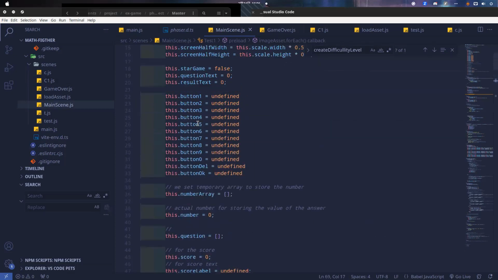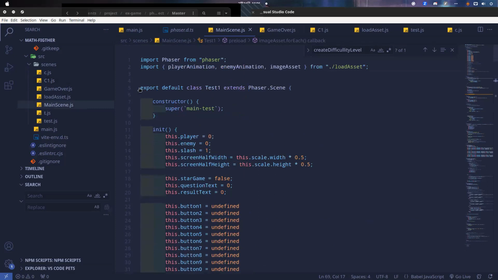And then we have export default class. We have to use this export default because we want to use this class in a different file, in main.js, right? That's why we have to use export default. We have inheritance. If you see, we want to extend, or inherit from, the base scene. Next, we have the constructor. It is like the name of the scene. I have a super method called main.task. If you want to remove this one, you have to call main.task.